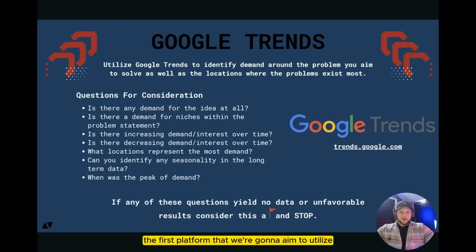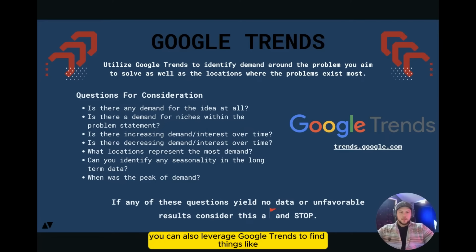The first platform that we're going to aim to utilize is Google Trends. Google Trends is going to be super helpful, again, for us to identify demand around a problem that you aim to solve. It's also going to help show locations in which the problem may exist, related queries that might exist